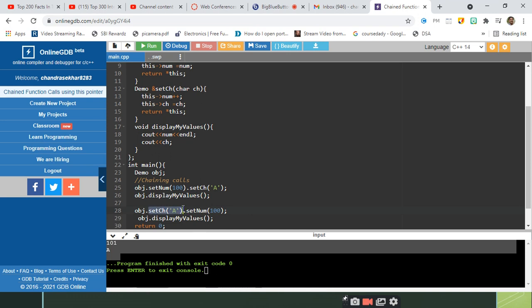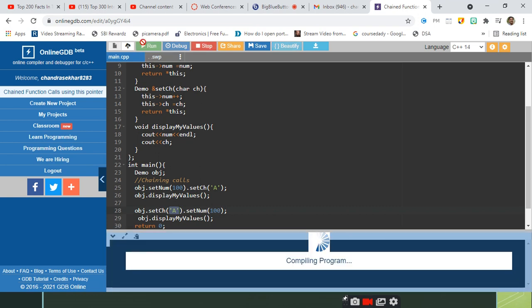By the time setCh is invoked, num is having some garbage value and you have incremented that garbage value. After that, once you invoke setNum, we are resetting the garbage value with 100. So when you display these values, you will get a and 100.